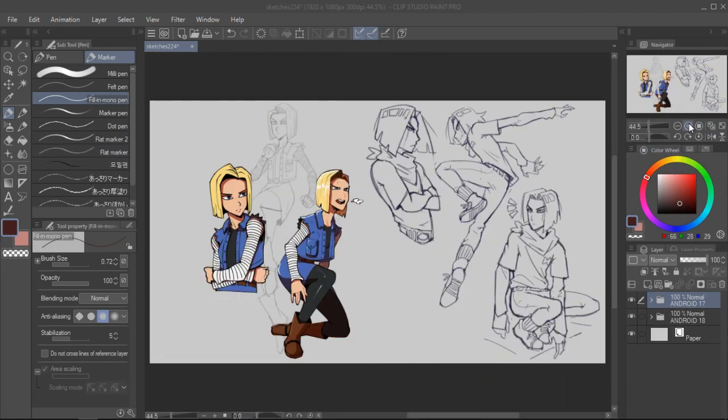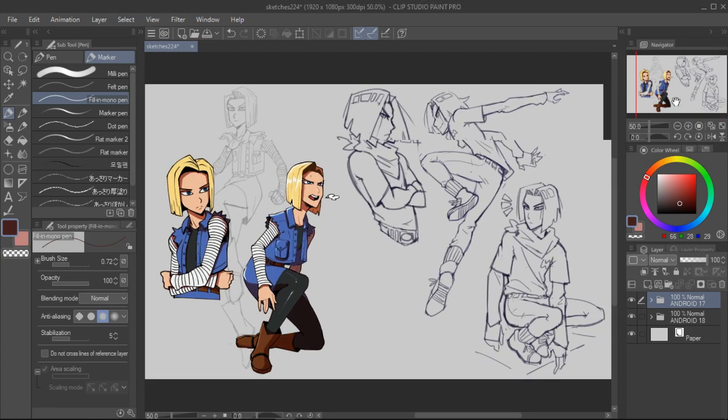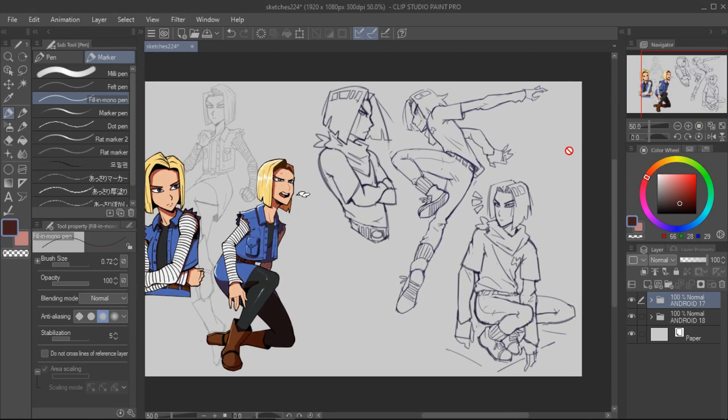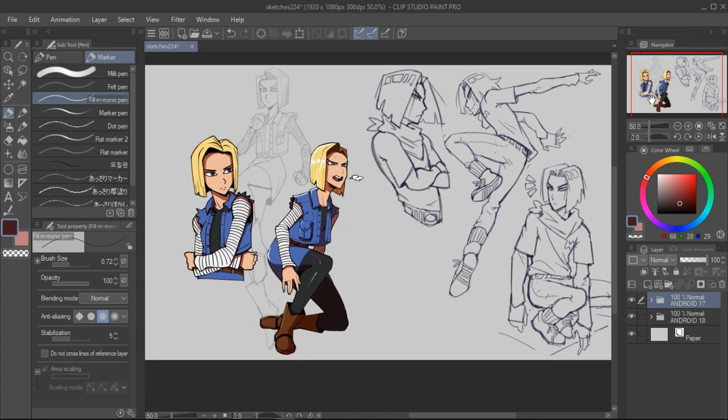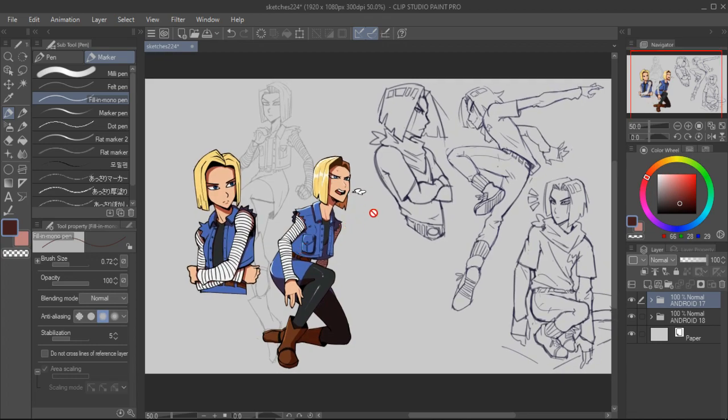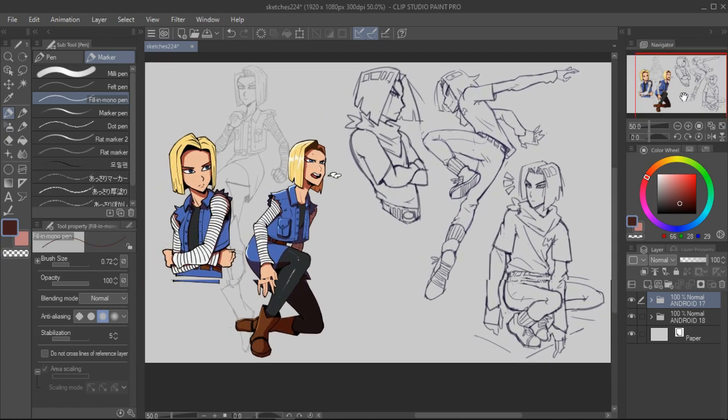Alright, so I went ahead and finished up these drawings. And like I said before, with all my figures, I just start off with the shoulder line, figure out where that's at, and then I draw the spine, and then add the details and everything else. I also just went ahead and just illustrated, colored 18 over here, and I'm probably gonna do the same with 17,